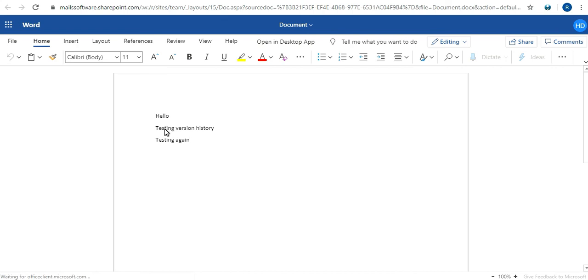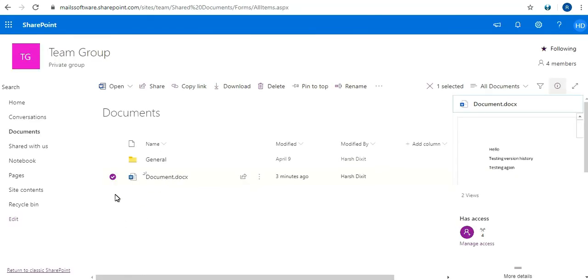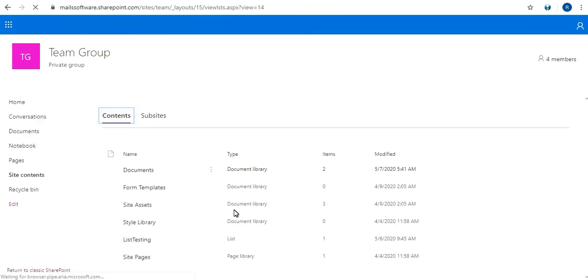Along with the documents, we can enable version history for list items also. For that, first we will need to click on site contents, and then we will see our list items. Just click on this list.